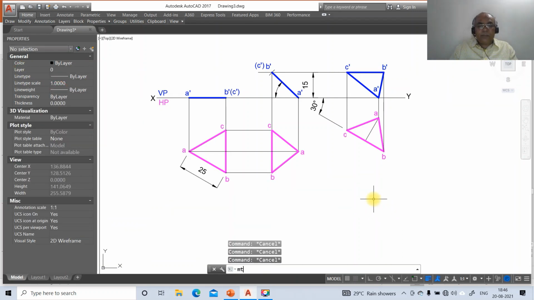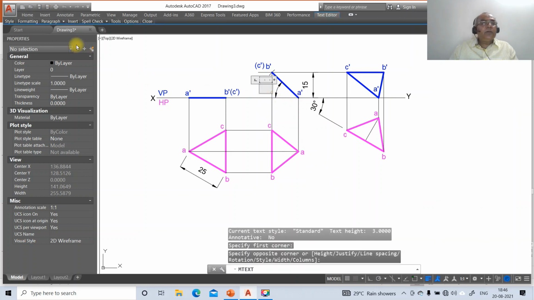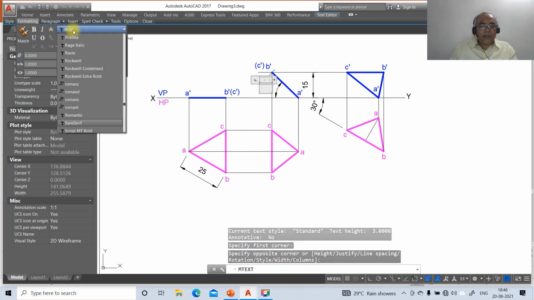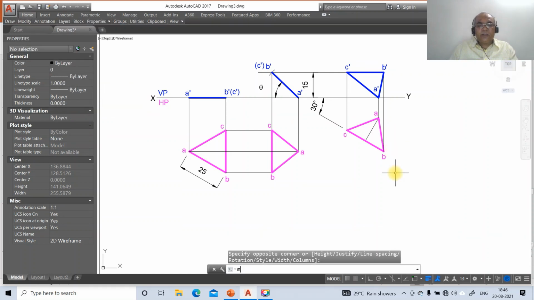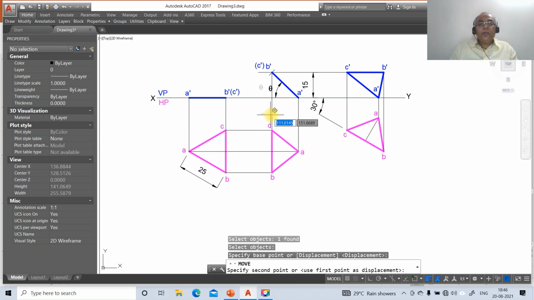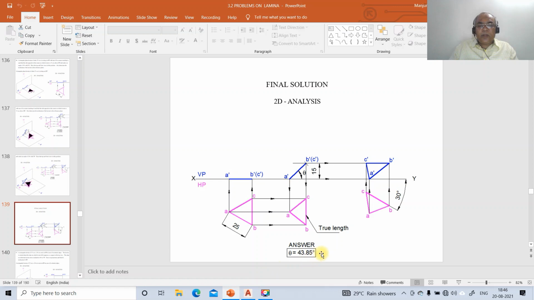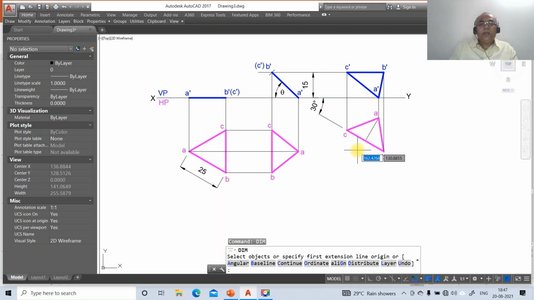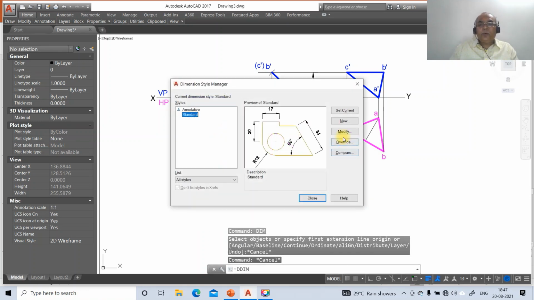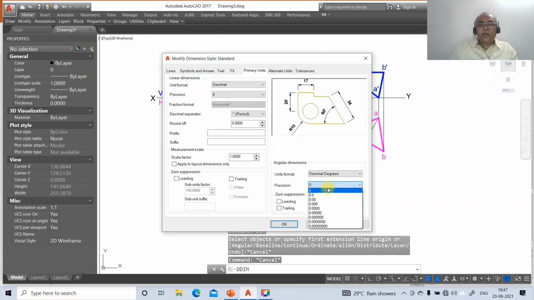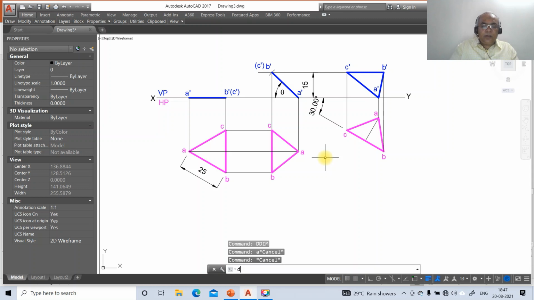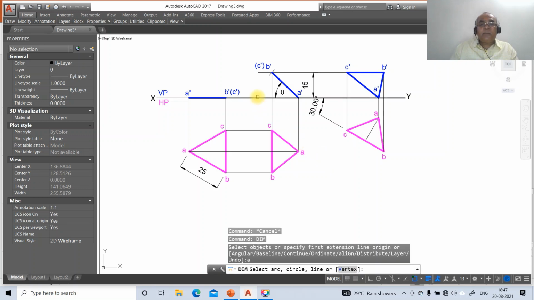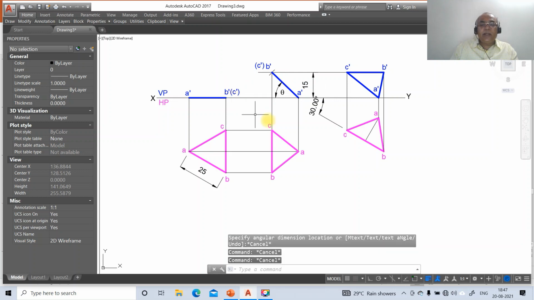Now we need to type M text, so you type M text, you just come down to formatting, go to Arial, type symbol, so you select this and you mark this as small q, so you're going to get this theta. Move, so here you're going to get it as theta, so the value is 43.85. So here once you do that, then you just go to DDIM, go to modify, then you try to check what dimension you are going to get, then go to angular dim, select between these two, so you're going to get 43.86.